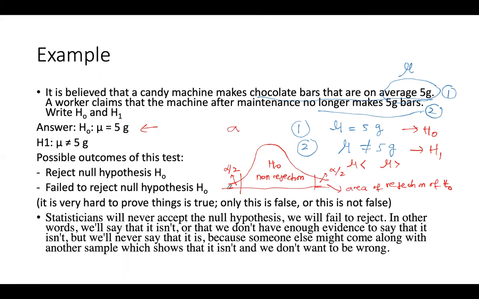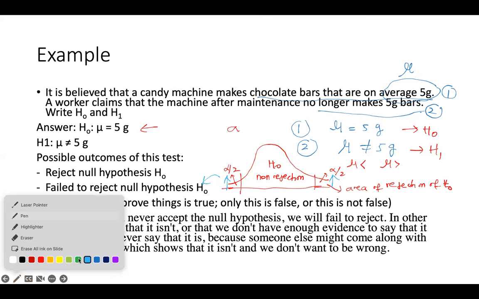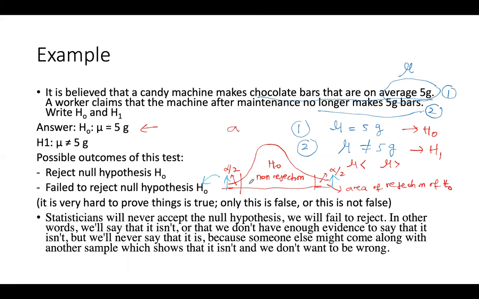Okay, so if your calculation, let's say when you do the statistic test, is around here or around here, then you say that it's a fail to reject. But if your calculation goes this way, in this area, then you can say it's